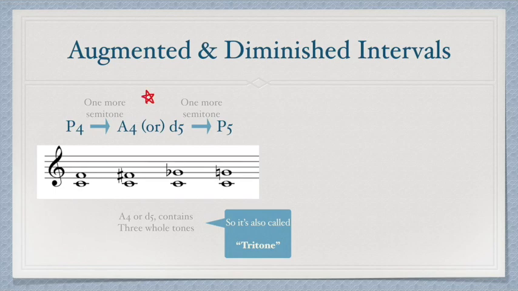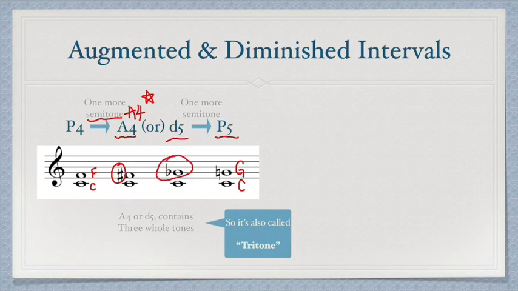If there is one more semitone than the perfect fourth, we get an augmented fourth. It is read as A4. Here's C, F. For an augmented fourth, we just use F sharp, so one more semitone than C and F. If we want to write it as a fifth rather than a fourth, then we just use one less semitone than the perfect fifth. Such as this C and G, we just use G flat here